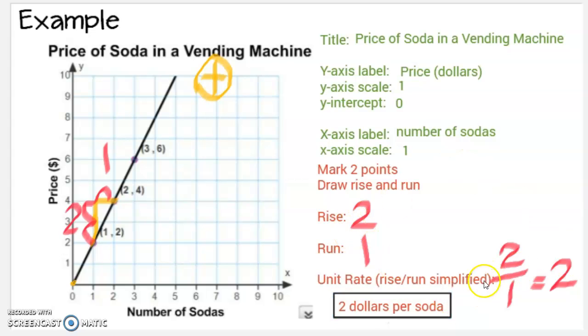But our example that we should have done in our journal was hours. I had labeled the x-axis as hours, and that's what I was thinking of. But we can do those notes right now after this example. Okay? So it's dollars per soda because I only want how much it costs for one soda, right? Unit is just 1 unit. So it's one thing of my x. Okay, so get your journals and we can take those notes and then you can finish the rest of the